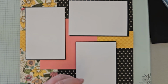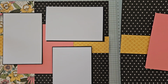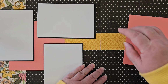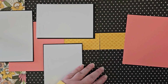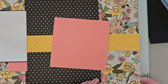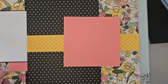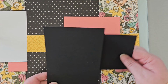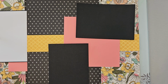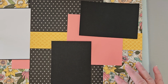So let's go ahead and look at the other side. What I would do then, I'm ready to line them up. I put them beside each other. I want to be sure I line these up with each other. Of course, this is just going to go on the far right side now. I want to put this in about the same place as I had put it over there. And again, I'm going to put my black photo templates on here. And then I've got 2 places here that I can add